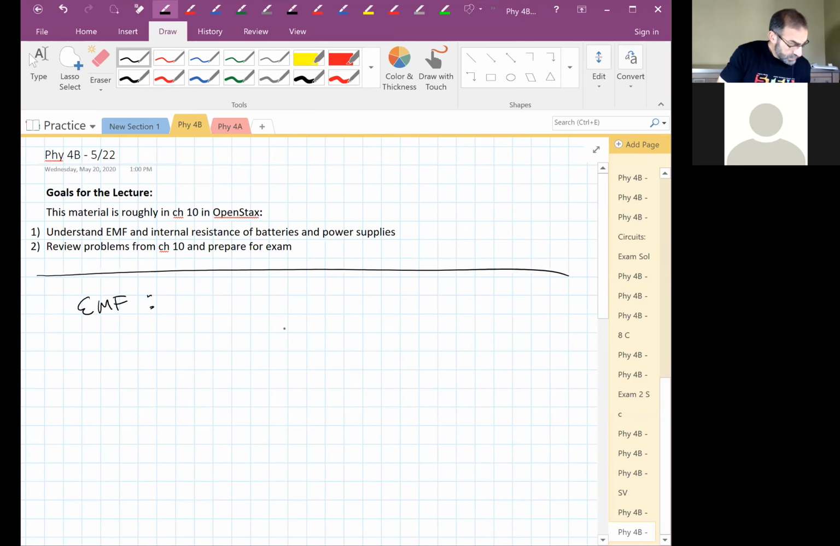So we've been using this symbol. What this symbol really means is an ideal battery, right? We've talked about ideal meters. Ideal voltmeter has infinite resistance. An ideal ammeter has zero resistance. An ideal battery has zero resistance. So this is an ideal